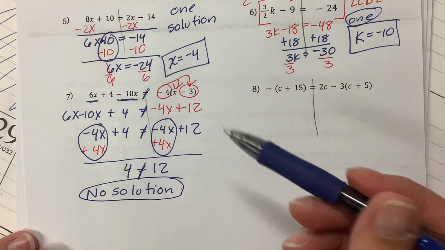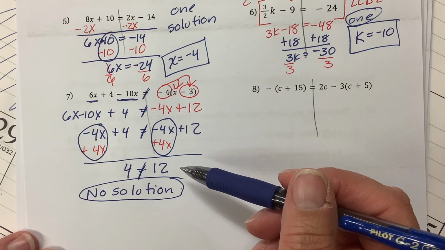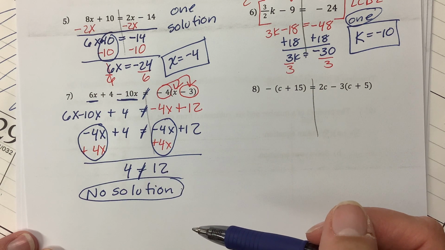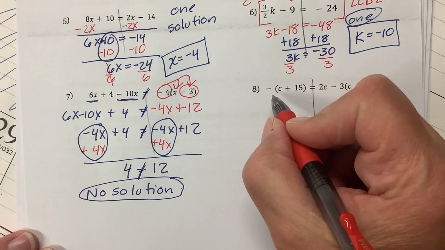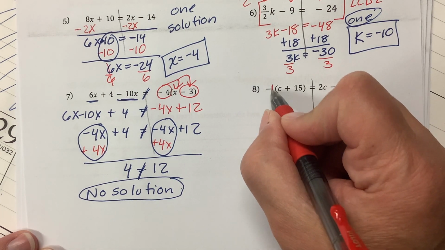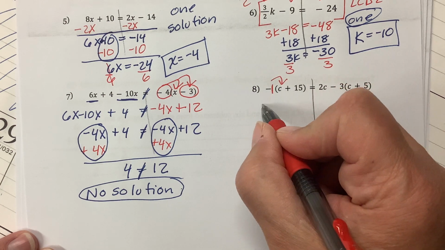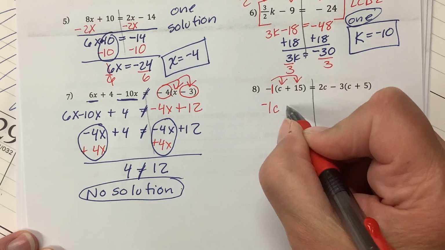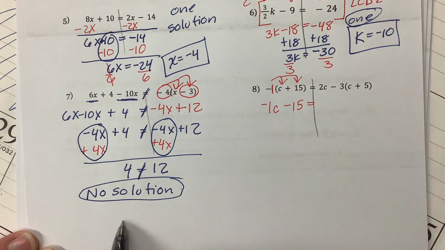So when you get down to the bottom and you've eliminated the variable and the numbers are not equal, there is no solution. So for this one, let's take a look at it. I'm going to put a 1 here because that negative is negative 1. Negative 1 times c is negative 1c. Negative 1 times 15 is minus 15, equals,